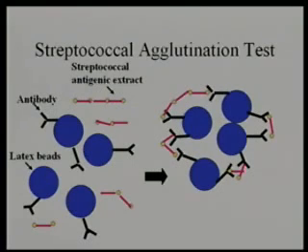And this version is not really used anymore, but it's the simplest way to explain it. So I've got it here for now. Basically all you do is take some latex beads, with an antibody attached to them. You take a throat swab from a patient, and it would have streptococci from streptococcal pharyngitis, or sore throat. You simply mix the beads with the throat swab extract, and what happens is the antibody recognizes the antigen and